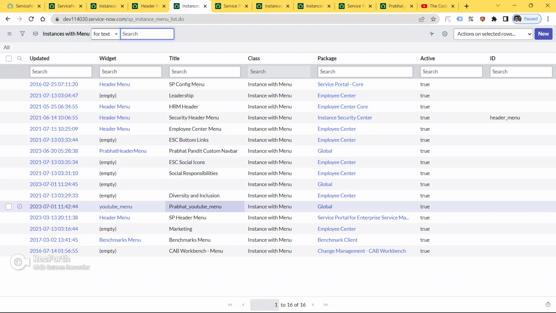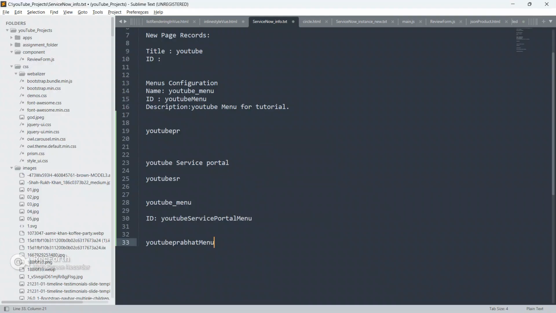Prabhat Pandit custom menu, not this one.